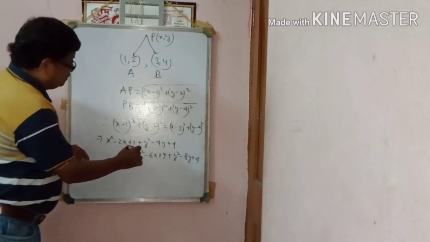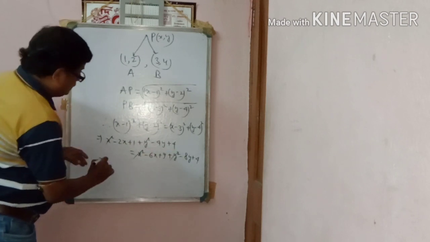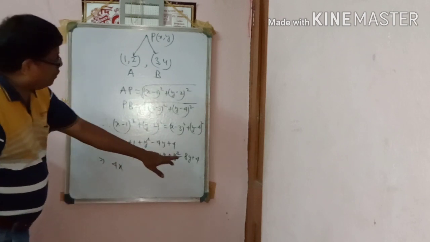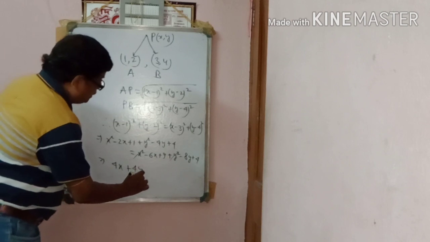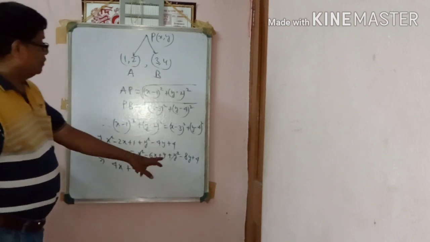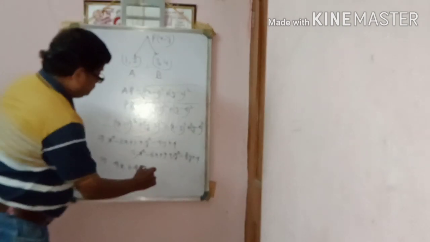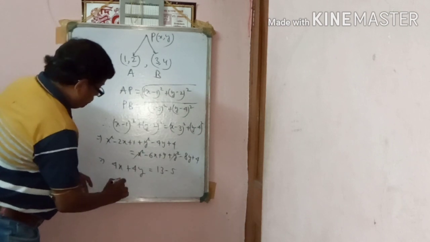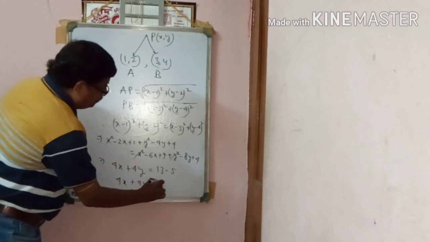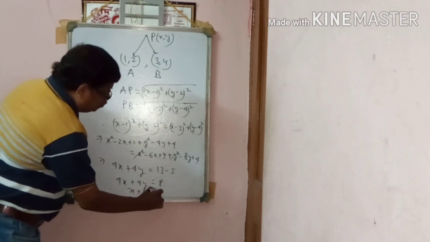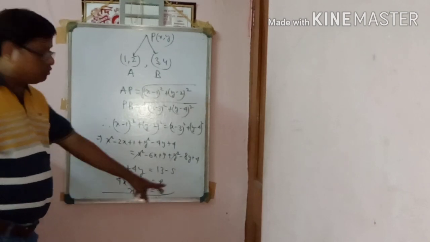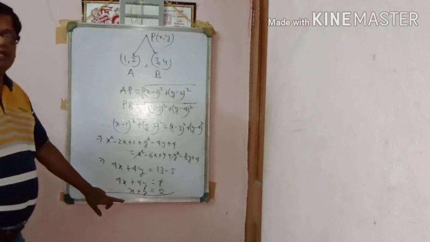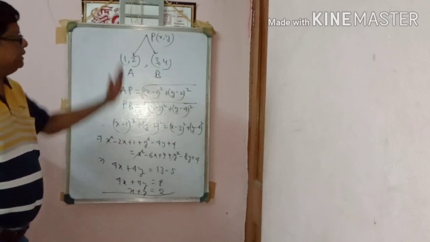So here x square cancels, y square cancels. So write here minus 2x plus 6x, so it will be 4x, minus 4y plus 8y equal to plus 4y. Okay. 9 plus 16, 25, minus here 4, 1, 5, so 20. Right. 4x plus 4y equal to 8. That is x plus y equal to 2. So this is the equation of a straight line. The locus is a straight line. Okay. In that way you have to solve. So very easy sum is there.